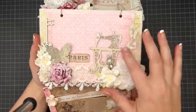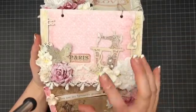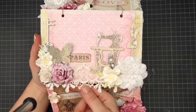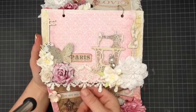I added the wooden embellishments, rubbed them over with gesso as well, just so they weren't so wood. Another one of my butterflies here, some more flowers, and then I used this beautiful, beautiful heart lace down the bottom here, and the code for this is